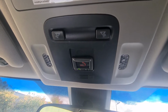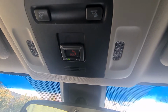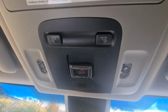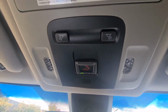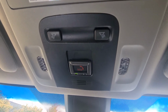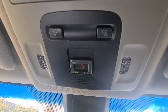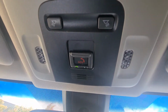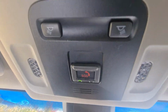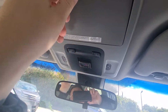In regards to this, if you have an accident, the car will recognise that you've been in an accident, and these guys will call through here to see if you're okay. If you're unresponsive, they will actually send out an ambulance. It also comes with stolen vehicle tracking as well. So if your car does get stolen, let these guys know. Obviously file a police report, and then let these guys know, and they can talk with the police to find your car, which is a great asset. Don't have to worry about it going for a walkabout. There's just your sunny